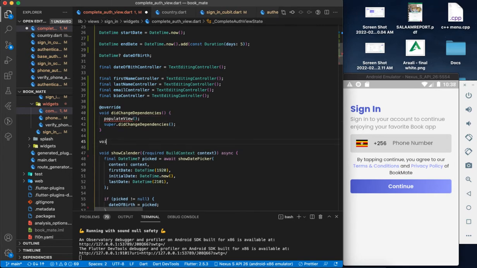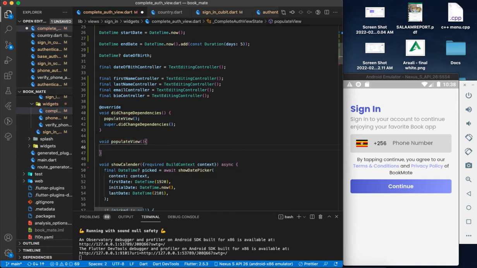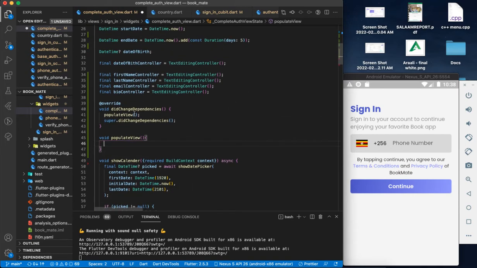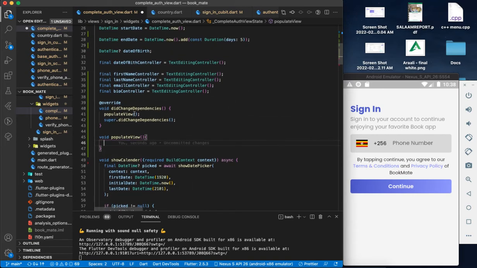And shall say void populate view. And with this, what we shall do, we shall get the information from the state and put it on the view, and that one we shall begin with the first name. Okay, for now we shall say first name